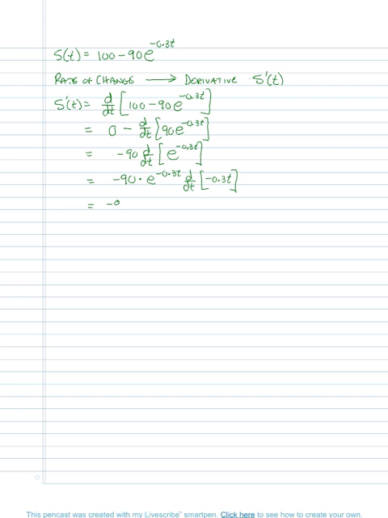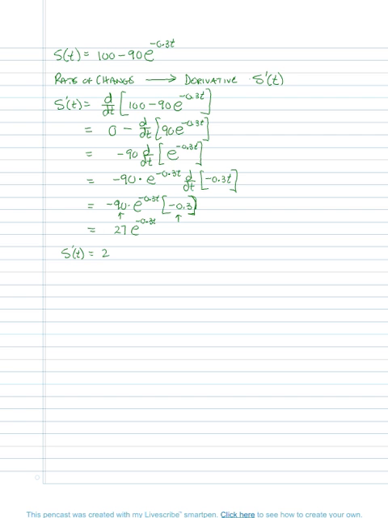So we have negative 90 times e to the power negative 0.3t, and the result of this derivative is negative 0.3. Now we notice that we have a negative 90 and a negative 0.3, and when we multiply those two together, we should get a positive result of 27 e to the power negative 0.3t. So s prime of t